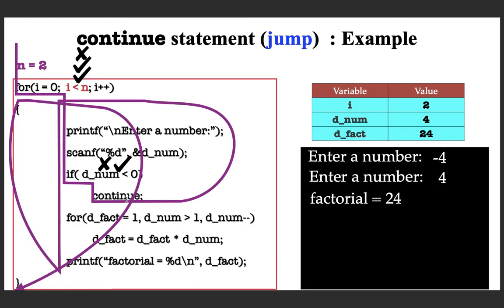You can use it inside a loop, and if there are nested loops, like a while loop inside a for loop, and suppose you are using continue inside the while, then it will jump to the first statement of the while loop, or the first statement of the loop where the continue is executed.